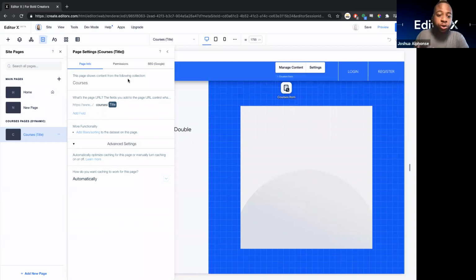The next part of our URL structuring that we have to make sure we specify actually already comes by default with our first field. It's titled, what is this page's URL? The field you add to the page's URL controls what's being seen on our page. We already know that our URL is www.learndeck.org, but we want to make sure we're specifying which course we're going to be viewing depending on the URL we're typing. So we're going to have this URL structured as courses,